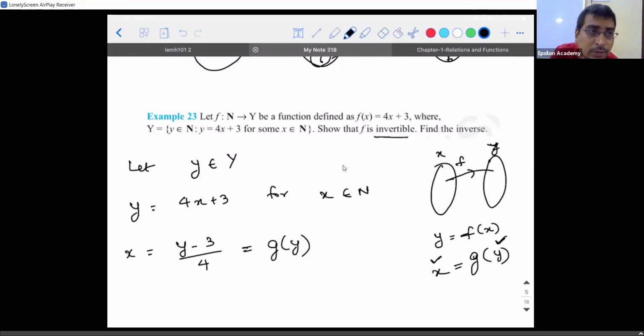In onto function, you didn't find the composite, no. In onto function, you wrote g of y, and then you checked by giving the input values of y and found whether the pre-images are existing or not. Here, after you prove that it is going to exist, then you will do g of f of x. Then you will get I of x. Okay, it is the same story again and again. What you asked is right. You're doing the same thing again, but you're representing it in a different way.